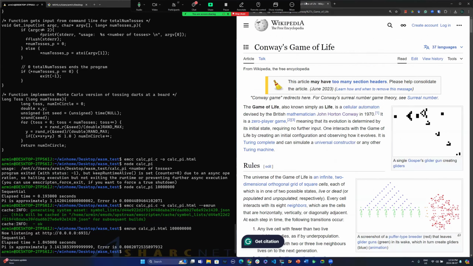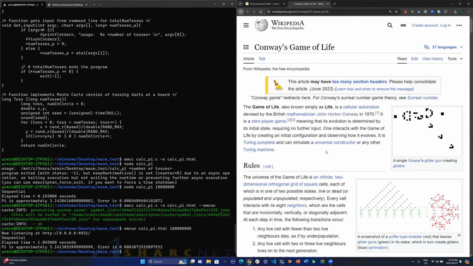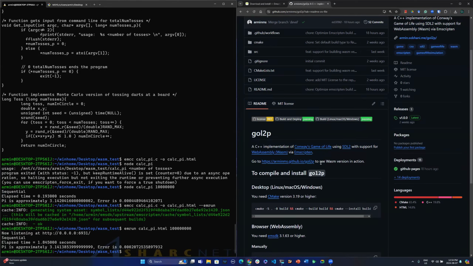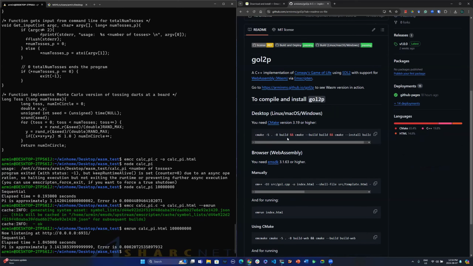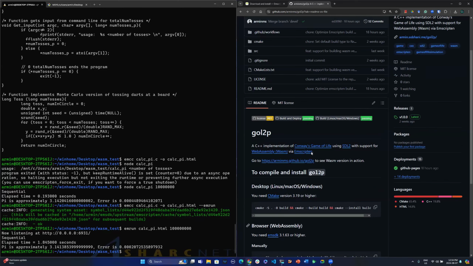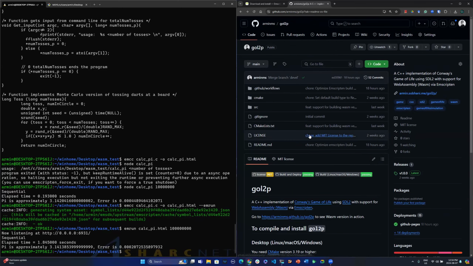But the good thing is that I can use this one to also do some performance testing to see how well it runs. The good thing about this sample is that I made it in a way that you can compile it both on your desktop of choice and also to WebAssembly using the same CMake interface. All you have to do is just clone it and run it, but the